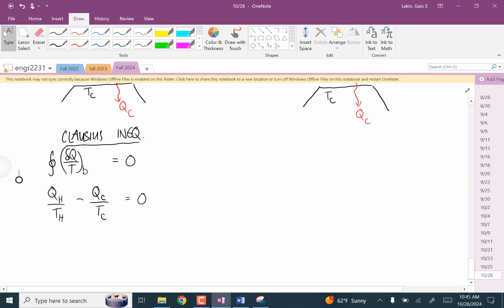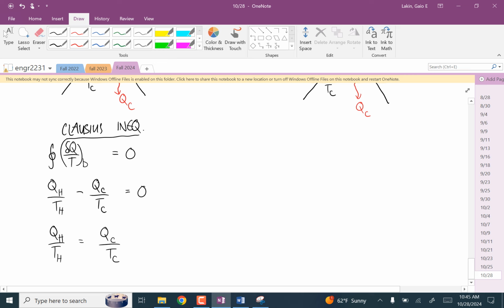And we can rearrange this. QH over TH is equal to QC over TC. That's what I should think of when I think of an efficient cycle. Those being equal. Yes, exactly. And in the inefficient case,